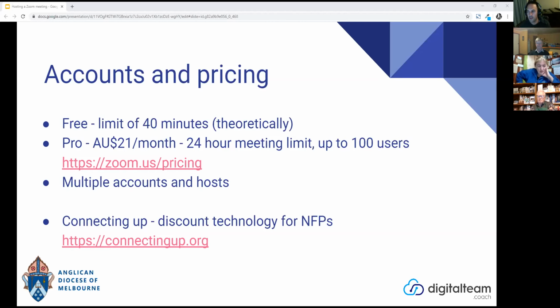Yeah, that's a really good point. It does help if you've got multiple hosts or people who can manage and facilitate the room, particularly technically helping people if they get in trouble on Zoom. If you're the main person presenting on a Sunday service, you don't want to have to be dealing with technical issues in the room.